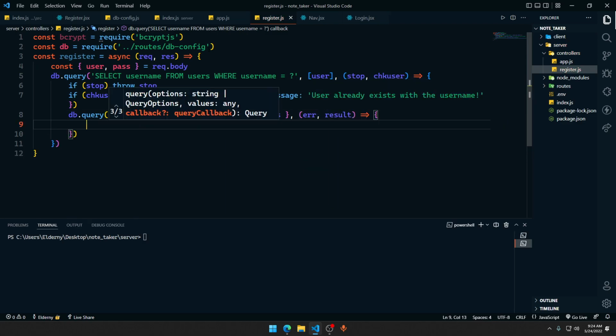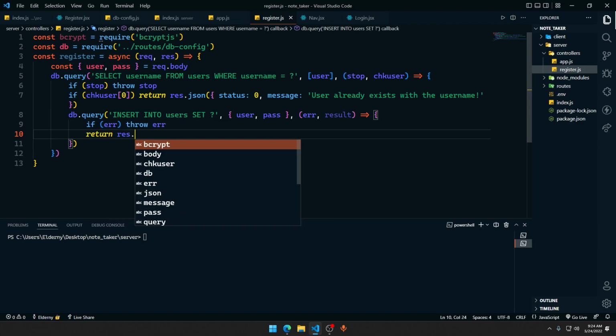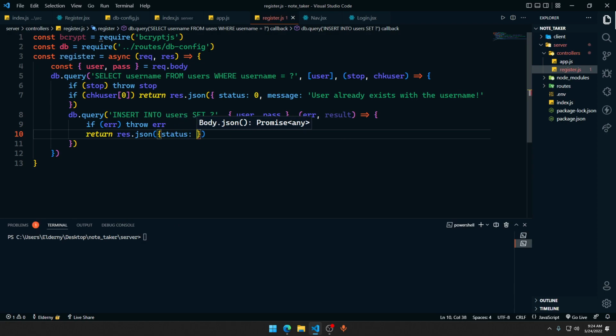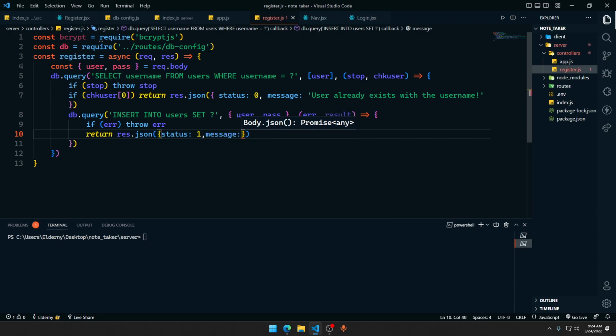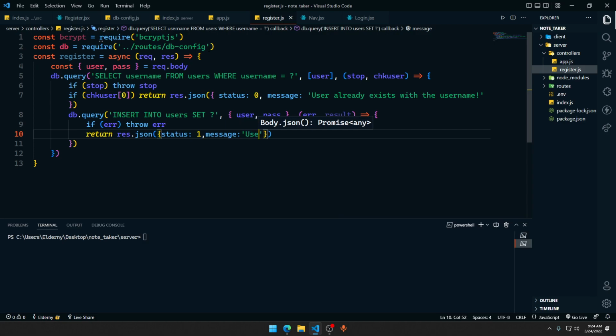Error and the result. If error, then I'm gonna say throw error, otherwise I'm gonna say return response.json with the status of 1 and message of user has been